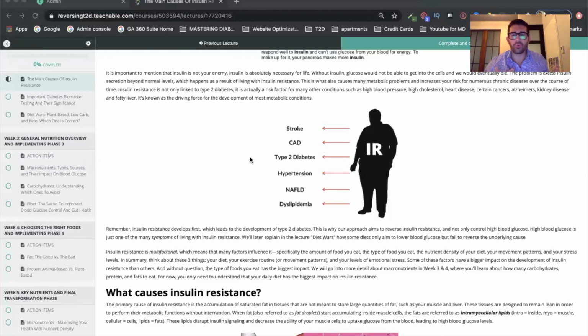And that is when people come to us and tell us, hey, I have been following this diet that you're talking about, with more plant-based whole foods, with more carbohydrates, and my blood glucose is not improving. What is the reason that this is happening? The reason being is because your baseline levels of insulin resistance are high. You need to make the commitment to follow this approach for at least a couple of weeks until you start seeing these results.